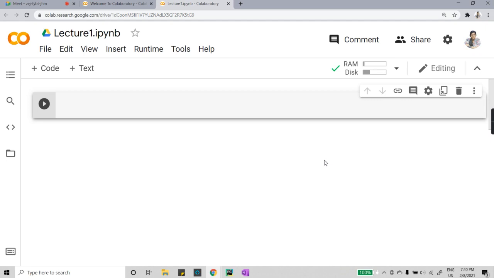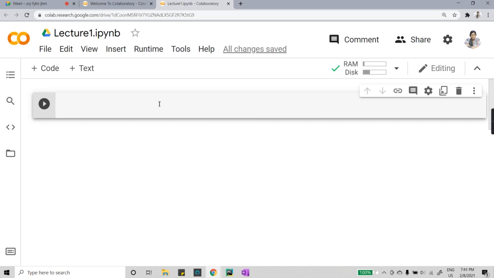Okay, next thing I have here is the place where you write your Python code, and this rectangular box which you are seeing here is known as a cell. So in this collaboratory notebook, whenever we write code, we say you are writing code in this cell. The term which we use for this in Google Collaboratory is called a cell.